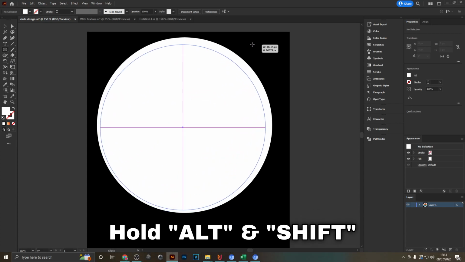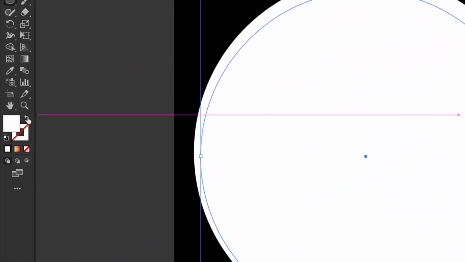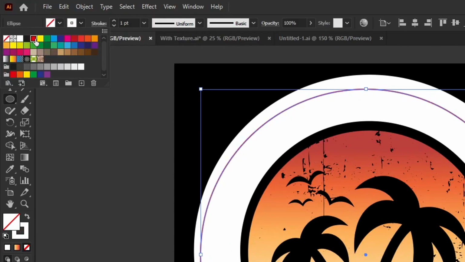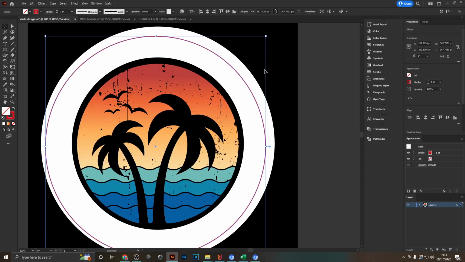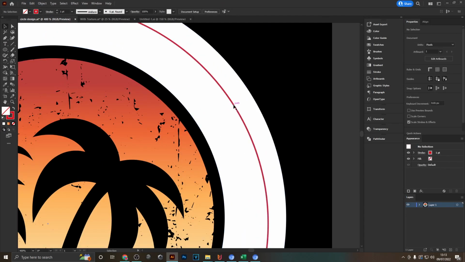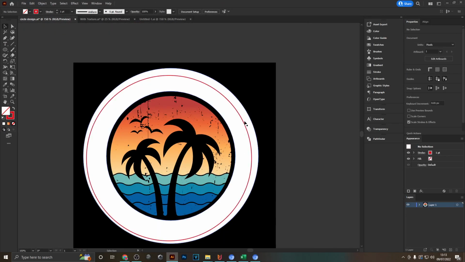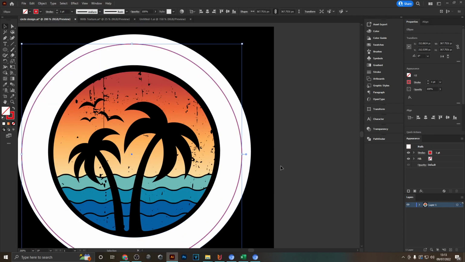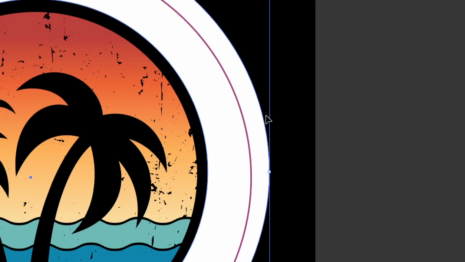Hold Shift and Alt while you're doing that, and then change it from a fill color to a stroke color. I will then also change it from white to red so we can actually see what we're doing with it. So you've got this red stroked circle right here on top of a white one, and I'm going to center it to our white circle, and the way to do that is select both of them, then click onto the